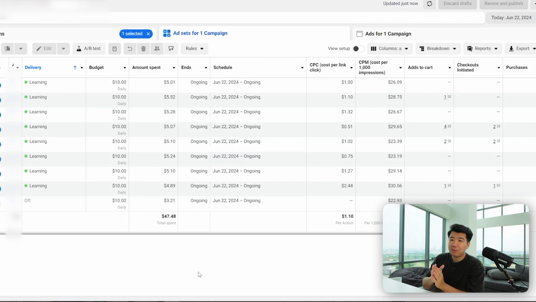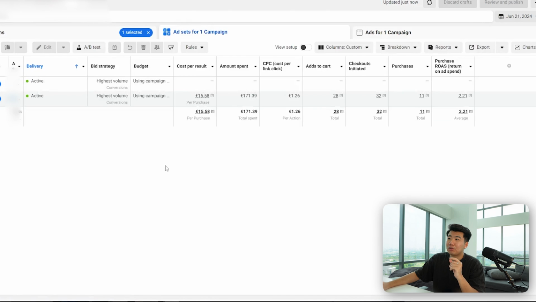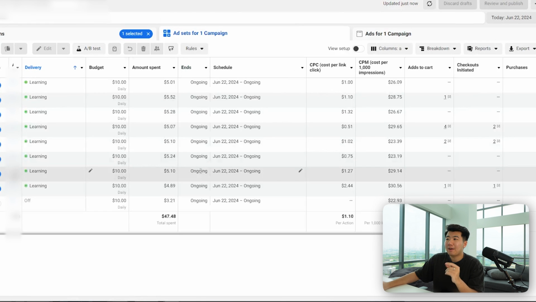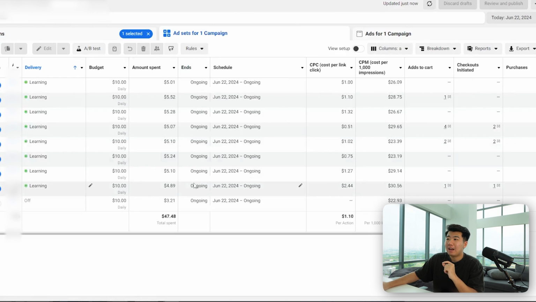And for this testing campaign, we're doing 10 interests at $10 each. Now, if you count it, I think I only have 9, but it doesn't really matter, 9, 10, 11. As you can see, I basically chose different interests per ad set right here. So very first testing campaign, we have only 1 ad set, all broad. And over here, we have 10 ad sets, or technically 9, with different interests,